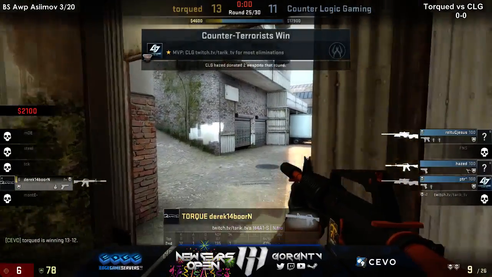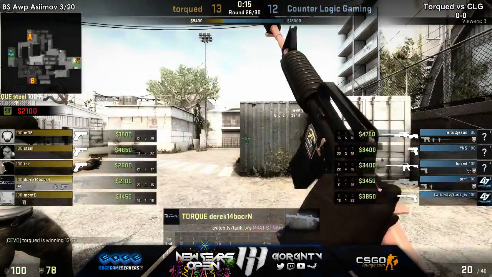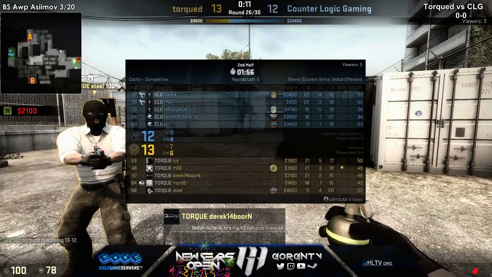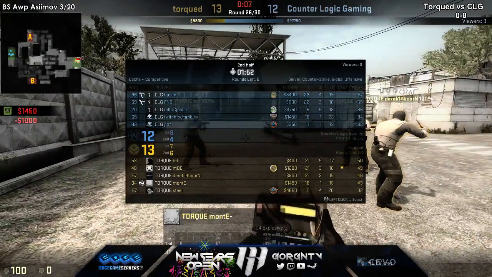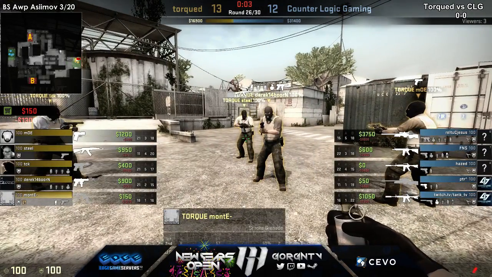So looking good is D-Born, hurting the money a lot, kind of similar to last round. But Torqued giving another eco round or anti-eco round up to CLG. And all these ecos, it's looking more like CSGO. For a while there, we weren't seeing as many ecos. And they're back. They're back in full swing here,